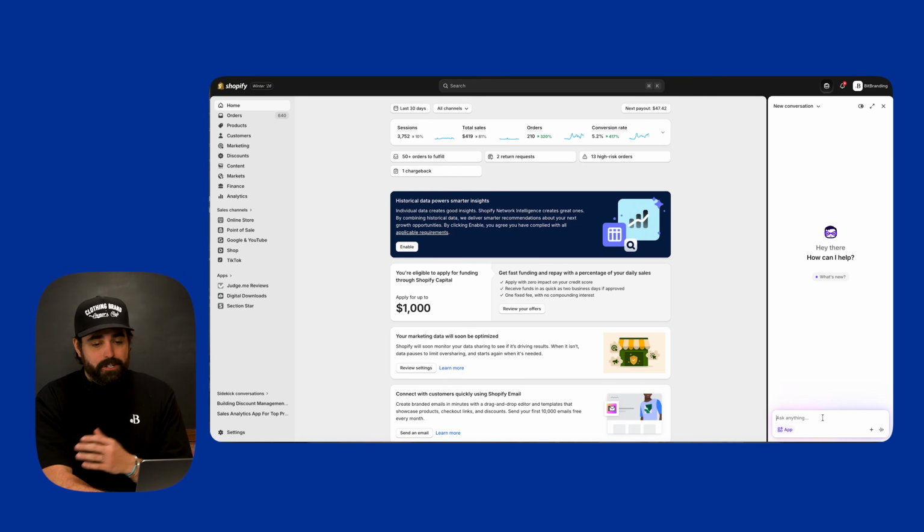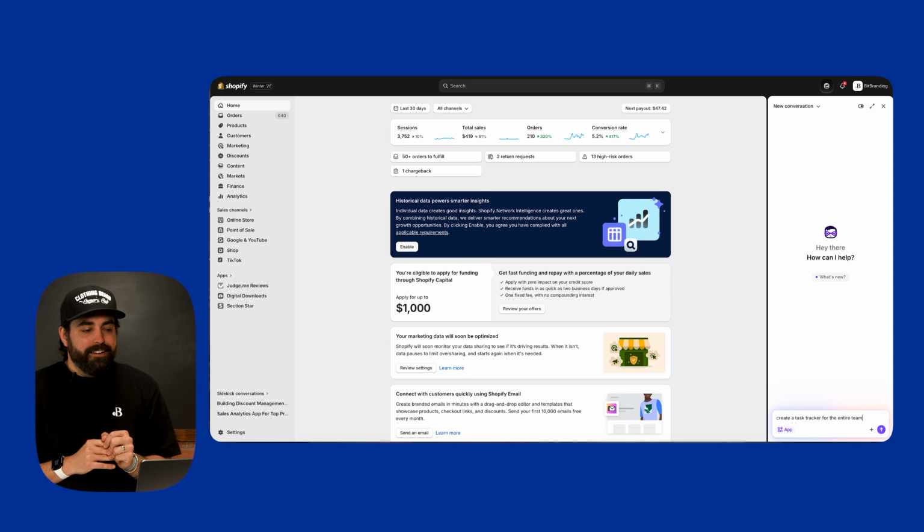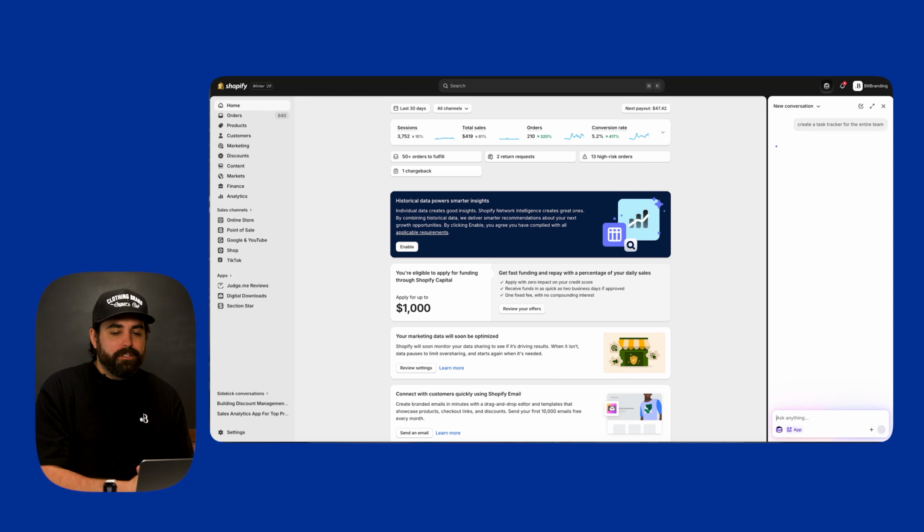So let me go ahead and reprompt Sidekick. And this time we're going to click on generate app, and we're going to do a very simple app, which is create a task tracker for the entire team. So this is just a single sentence, on a task tracker built in within the team. So again, it doesn't have to be